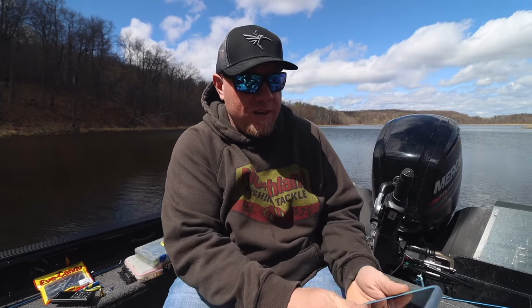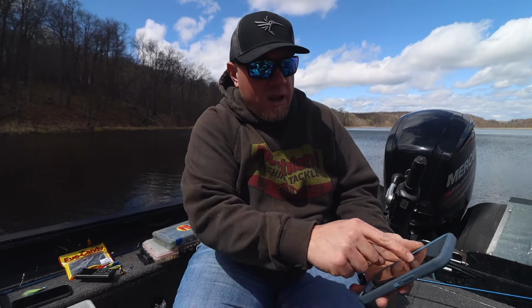So hopefully these areas that I pointed out on the map here will do you guys a solid. But just remember that the warmer water on the north end is where they spawn, it's where there's bait and the warm water. Next up, let's hit on the topic that I know a lot of you are curious about: